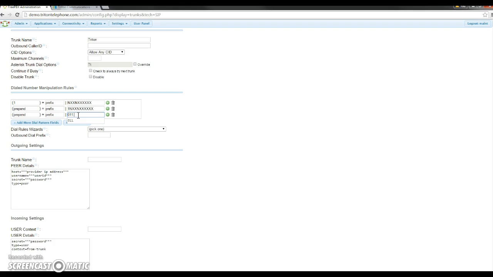For the third part of creating a SIP trunk is entering the information for the outgoing settings. Enter the trunk name Triton, and for the peer details, enter the peer details as follows. Type equals peer, host equals sip.tritontelephone.com,